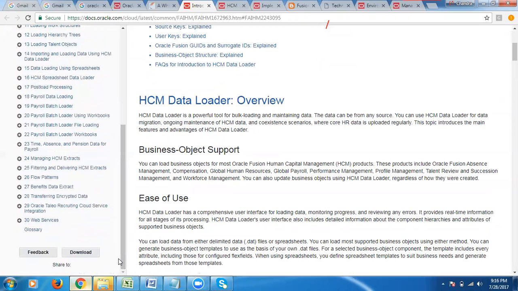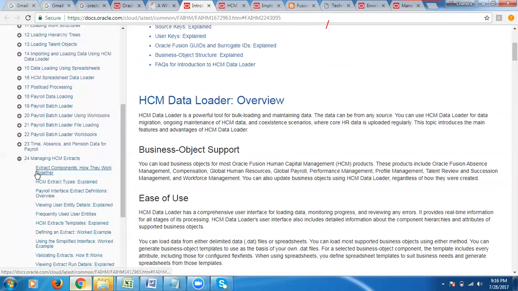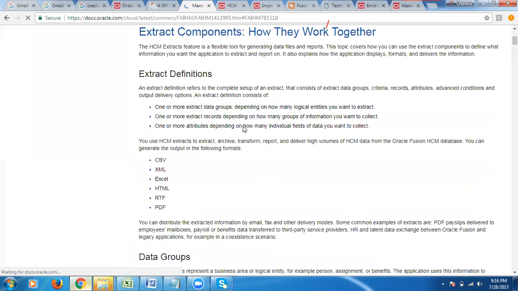But in extractions, they'll ask you what are the parameters in extraction. Like we have effective date, start date, this all, and mainly the changes only parameter.